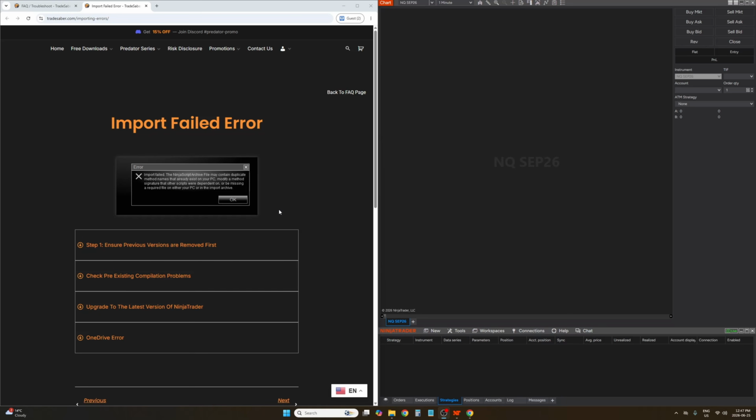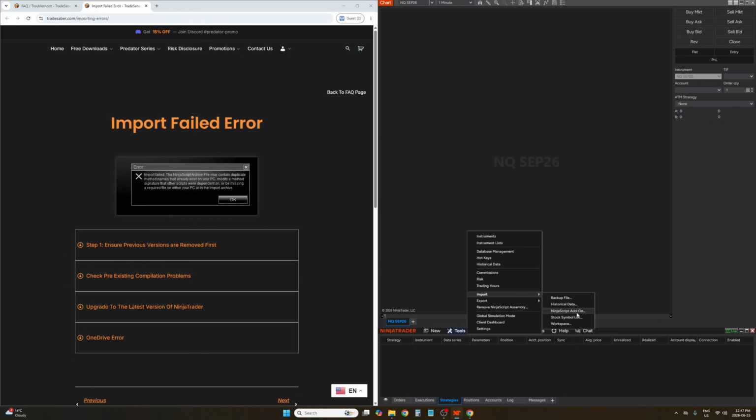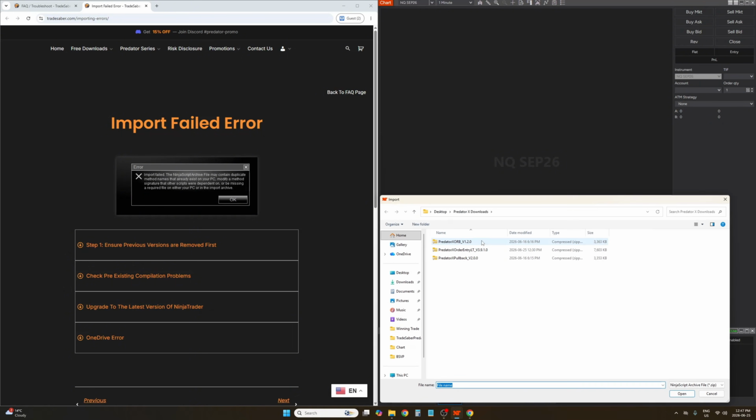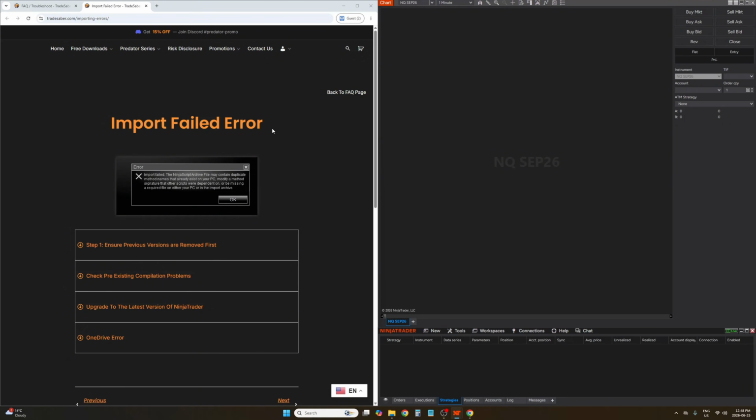And the one thing you can do to verify this is, if you're trying to import one specific file, just try and import literally any other files. So just download any other indicator from either my website, TradeSaber.com, or the NinjaTrader user app share. Download any other file, try to import it. If you still get this error message, that means it is a platform issue, and these steps will help troubleshoot